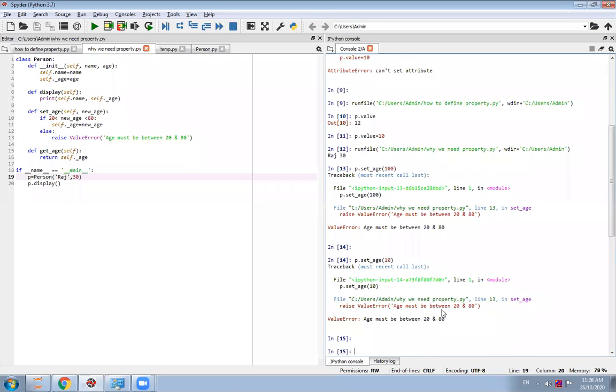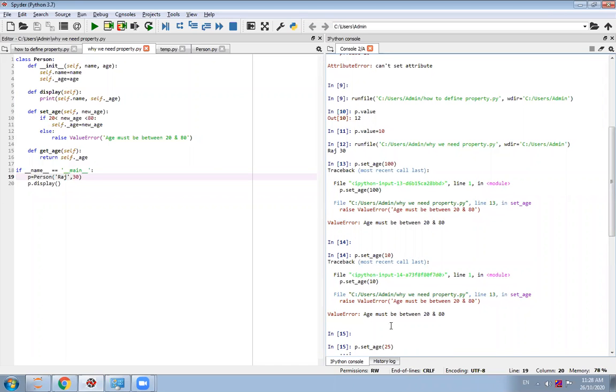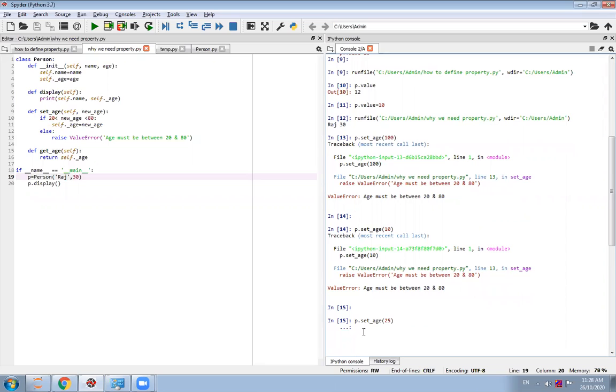So obviously if the age is 25, at that time you can easily set the age, right? E.set_age, and if it is 25, yes, the age is set, right?